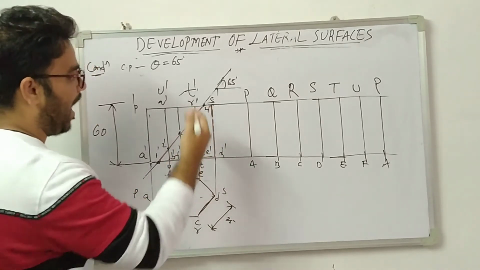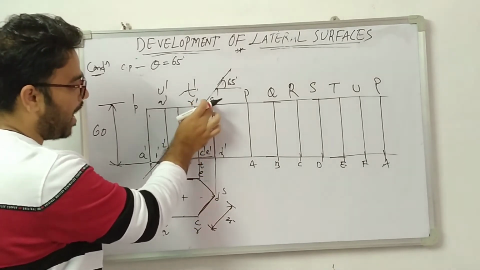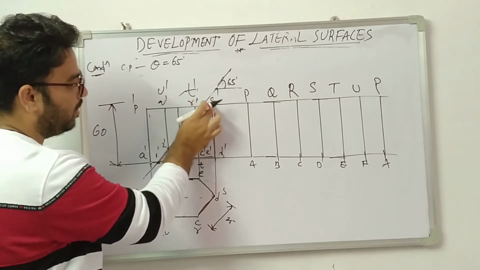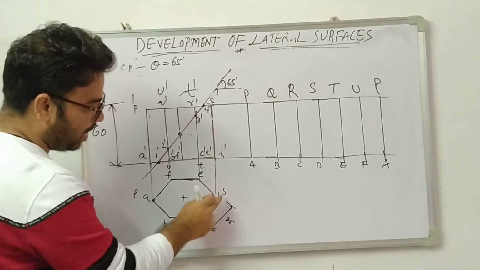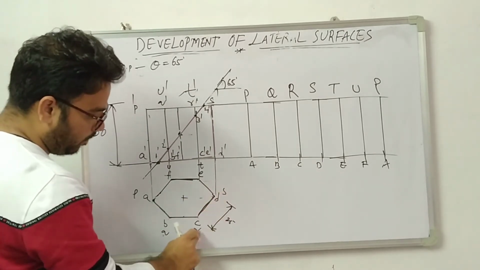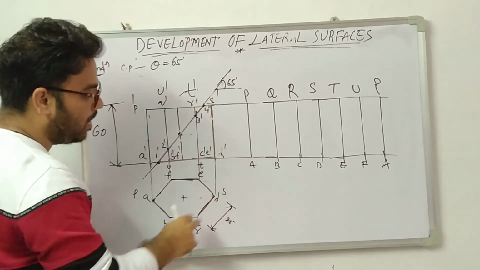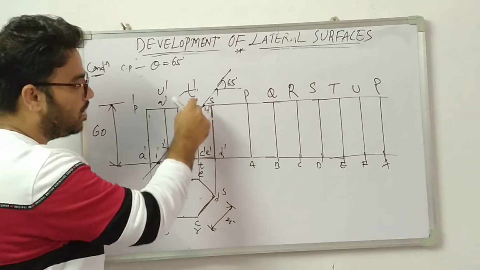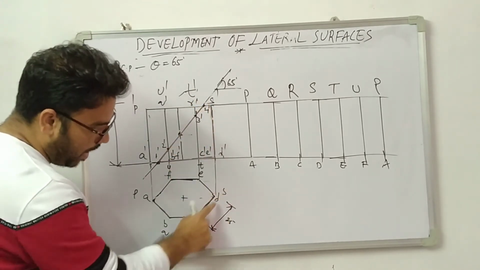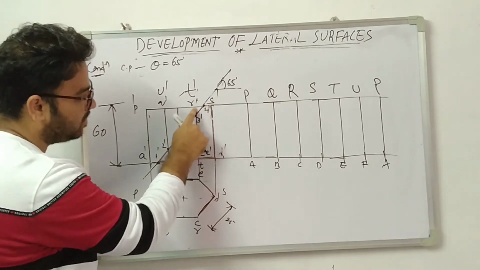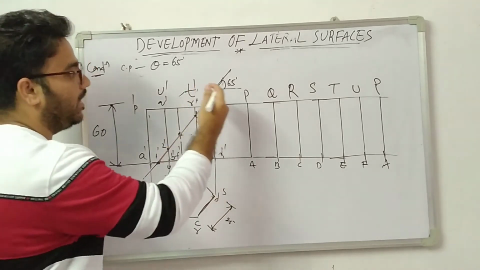Now see here, at the back side we have one more side. So this is SR and ST. Here this base is having the cutting plane passing through the two bases, SR and ST. You can't see it in the top view. So here the cutting plane is passing the two bases. What is that? SR and ST. So this is SR dash and ST dash. So here we have two cutting points, 4 dash and 5 dash.